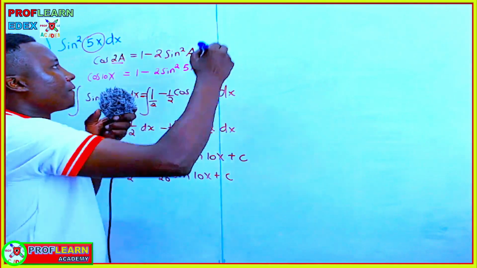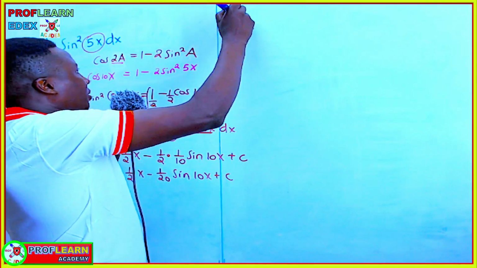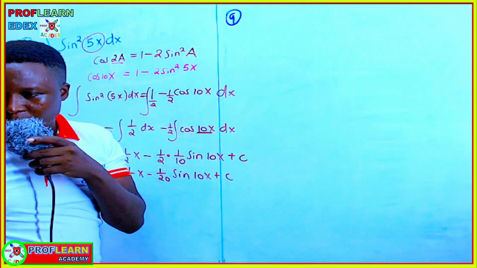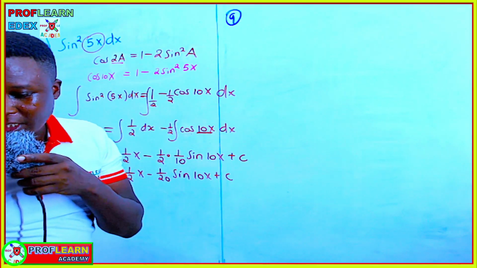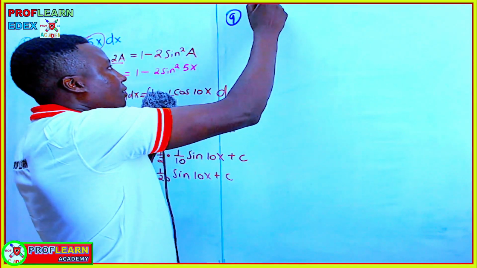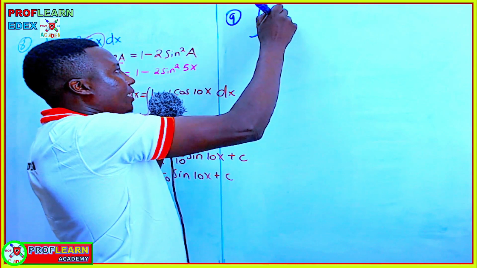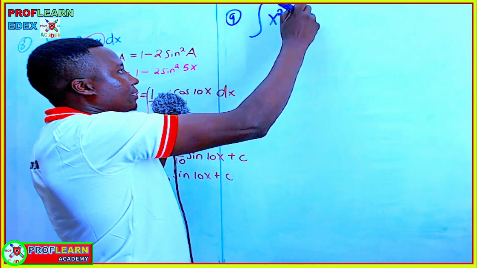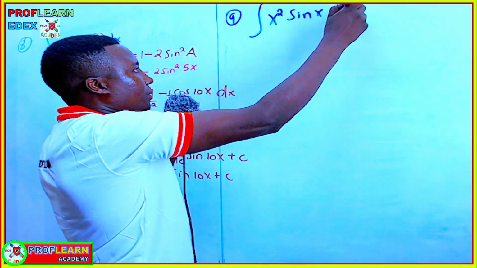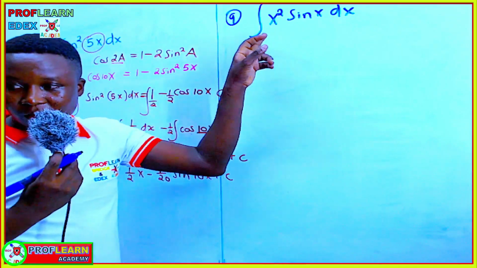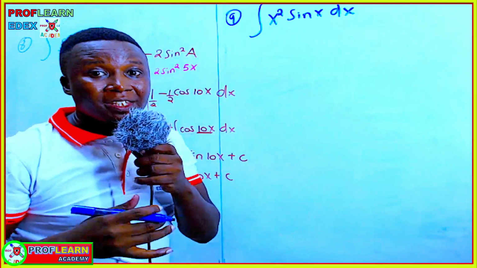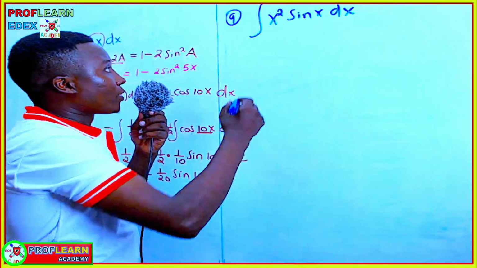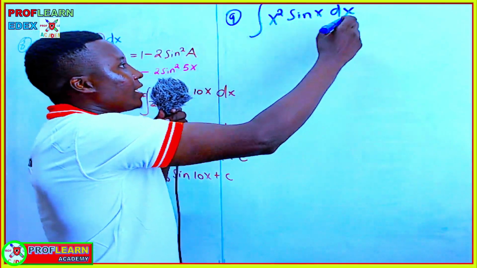Now, question number 9, I'm going to take you through one whereby you are supposed to work out x squared sine x with respect to x. Of course, this question here, you can use integration by parts. You can decide this using LIPET,